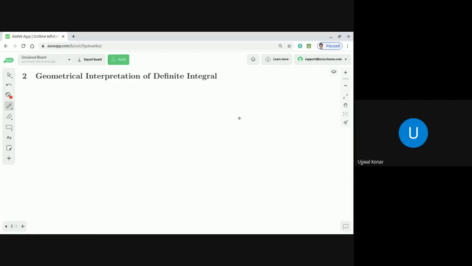So what we are doing first, let's see, this is the x-axis. The straight line doesn't look like an exact straight line, as I'm drawing by hand on the digital board, but it is well understood, dear students? So this is the y-axis. This is the origin. This is the positive direction of the x-axis, this is the negative direction of the x-axis, this is the positive direction of the y-axis, and this is the negative direction of the y-axis.